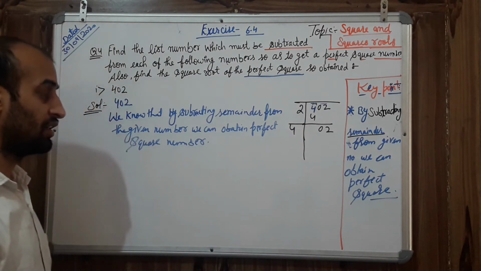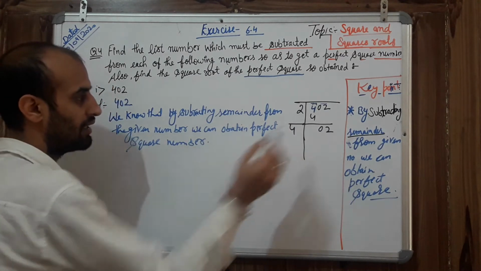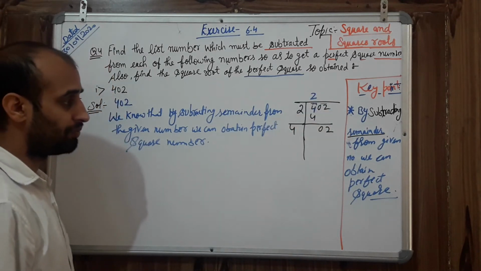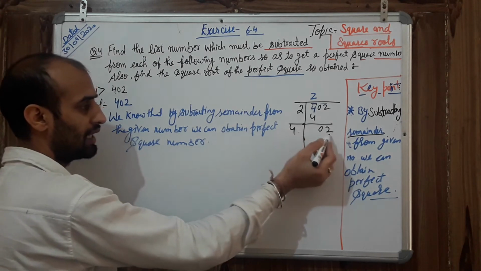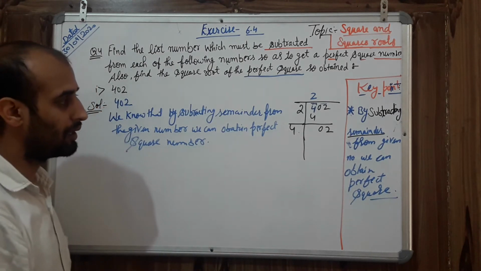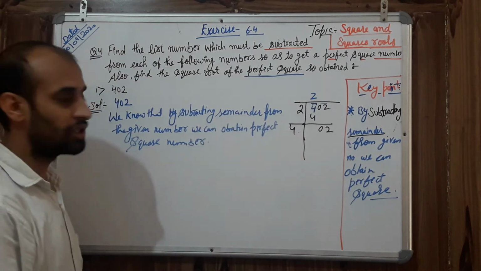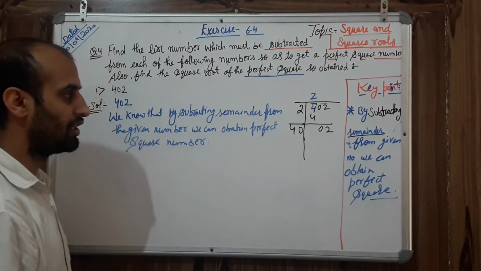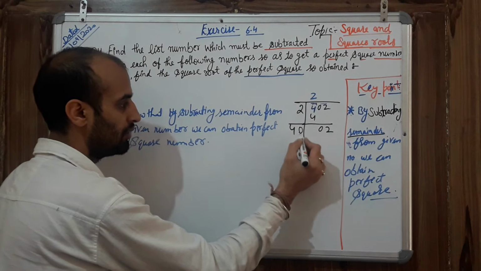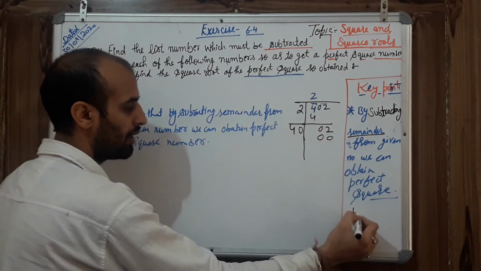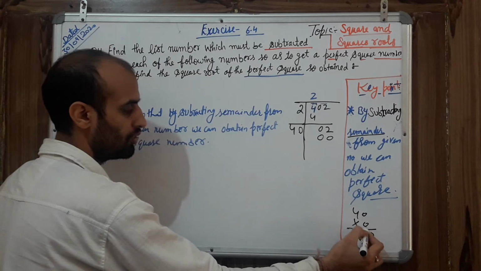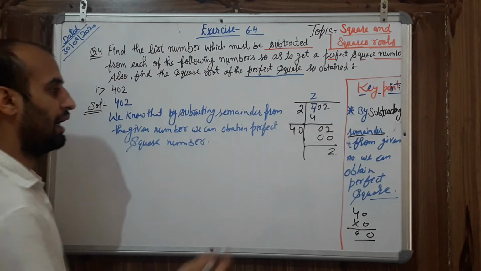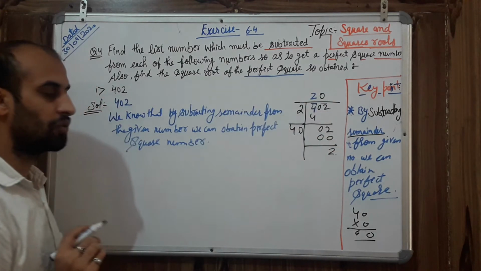Now the next task. What should I write here so that I can divide this number? First step is clear, 2 twos are 4. The second step is I need to write some number here so that I can find the answer exactly. But it is very typical. Inside it is 2 and outside it is 4. So I do not have any choice. So better I will write here 0. If I write 0 here, it definitely becomes 0, 0. Why? Because 40 into 0 is 0, 4 times 0 is also 0. So it is 0. So the remainder left is 2, and here I need to put 0. So my remainder is 2.